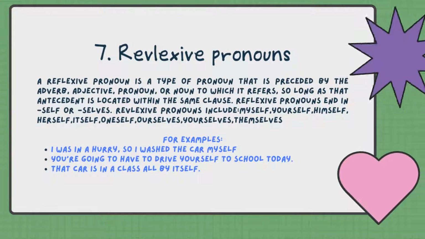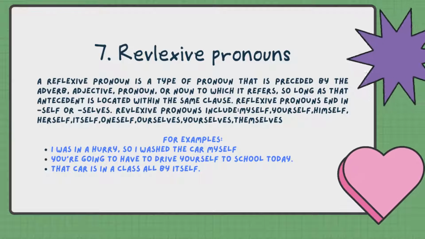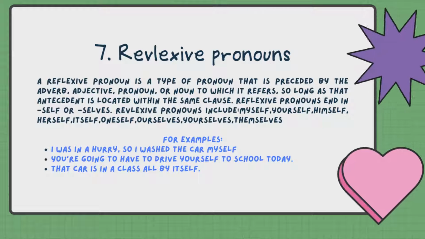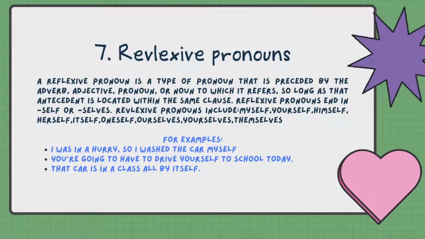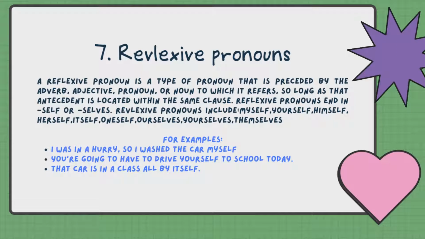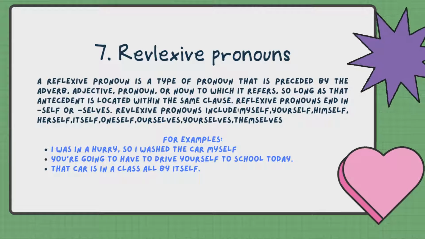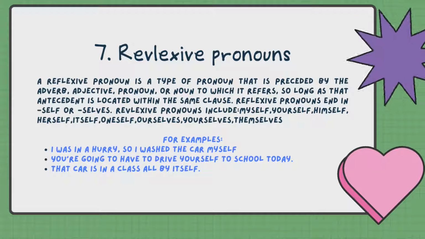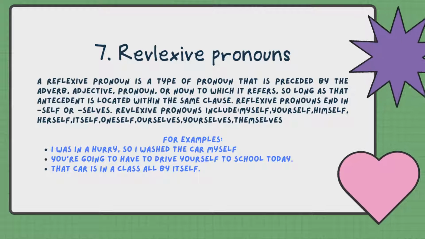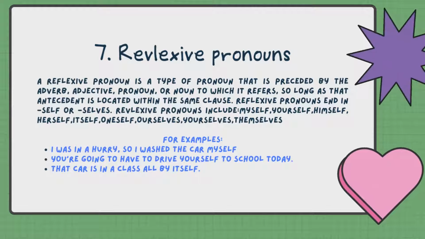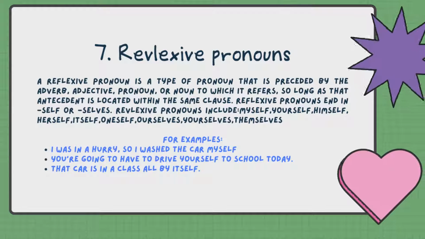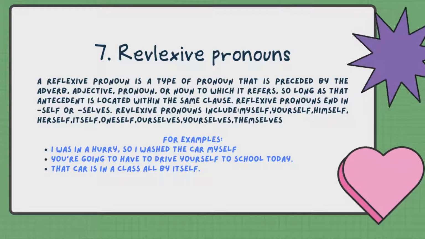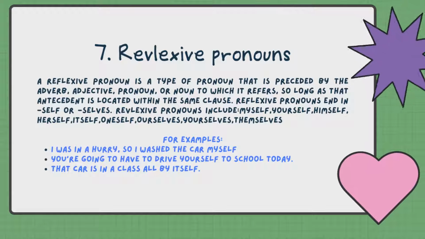Number 7. Reflexive pronouns. A reflexive pronoun is a type of pronoun that is preceded by the adverb, adjective, pronoun, or noun to which it refers, so long as that antecedent is located within the same clause. In English grammar, a reflexive pronoun indicates that the person who is realizing the action of the verb is also the recipient of the action. Reflexive pronouns end in self or selves. For examples,